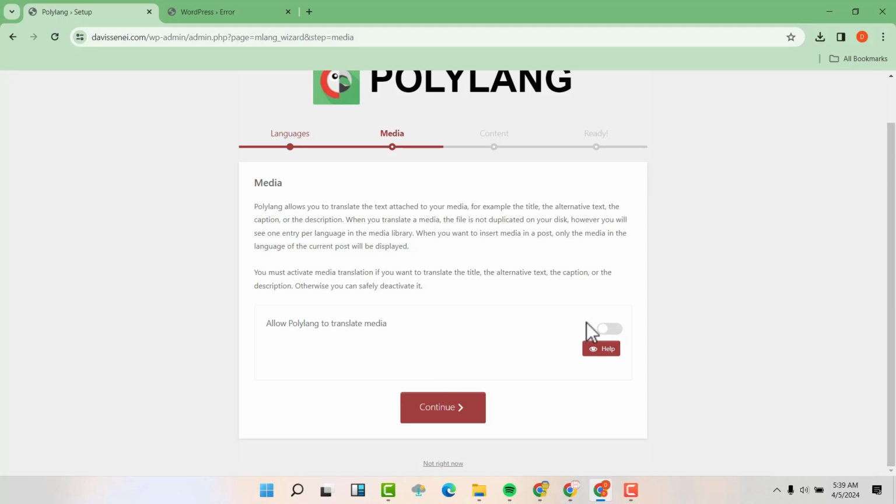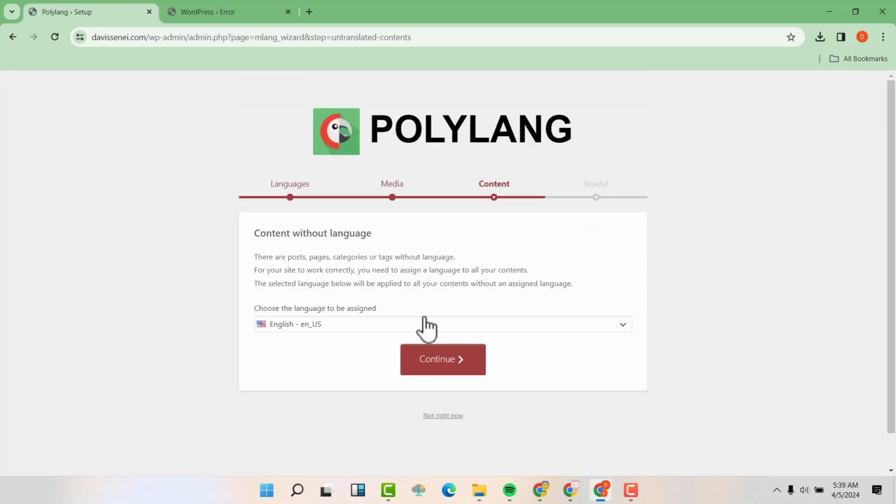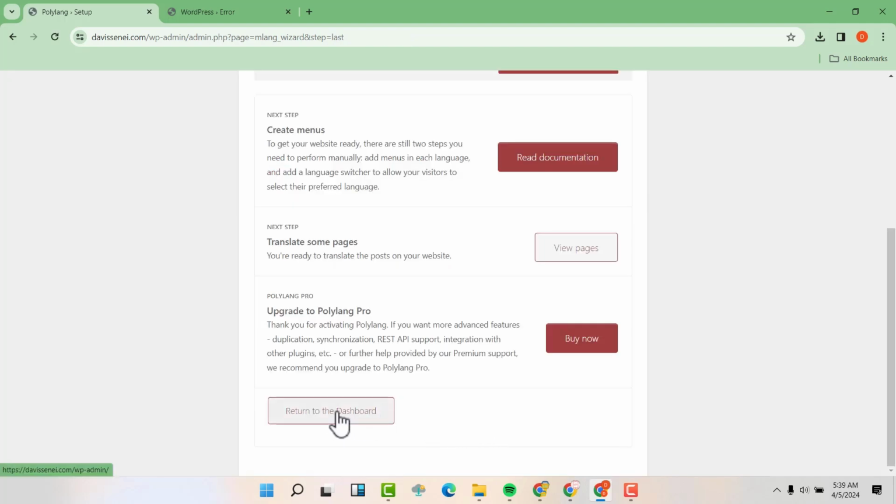Then you can allow this one if you want, but I don't want to allow that. So continue. So the language to be assigned will be now the language that I want, the default language, English. So you can choose here Hindi or Spanish depending on the language that you want to be default. Then click on continue. And now you are done. You can return to your dashboard.